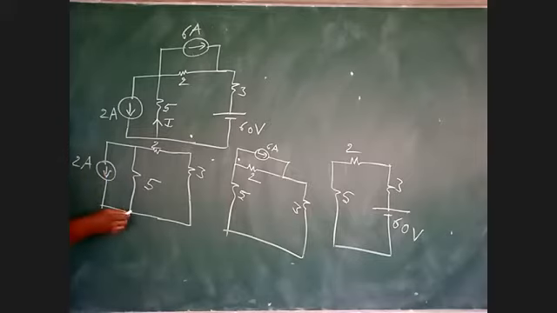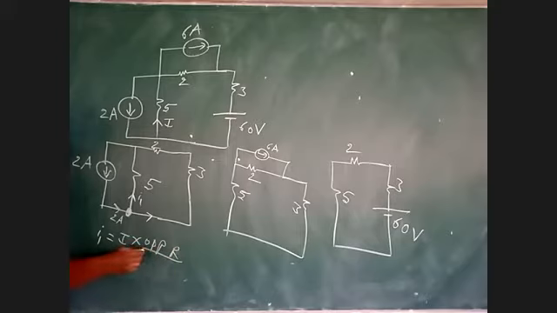See, current is moving here. This 2 ampere is coming here in the downward direction, and it is dividing in these two branches. Now let us take the current we have to find in the 5 ohms as I1. I1 is equal to total current into opposite branch resistance by total resistance of parallel branches. Your total current is 2. What is the opposite branch for I1? 3.